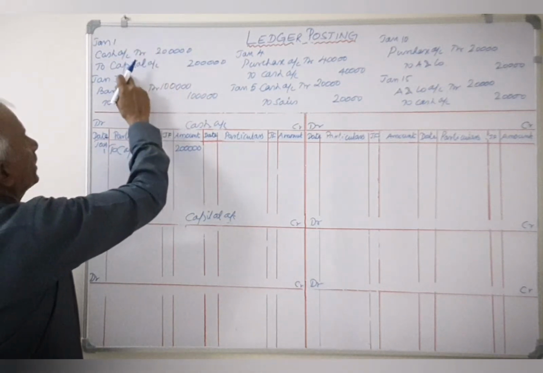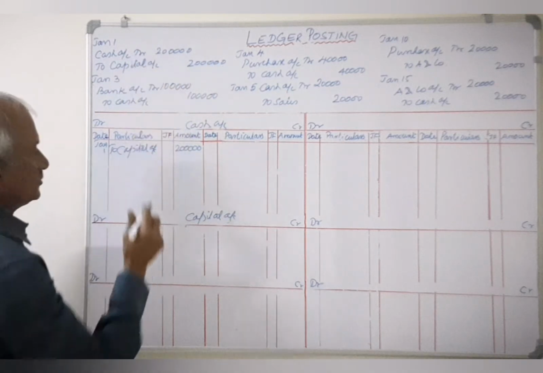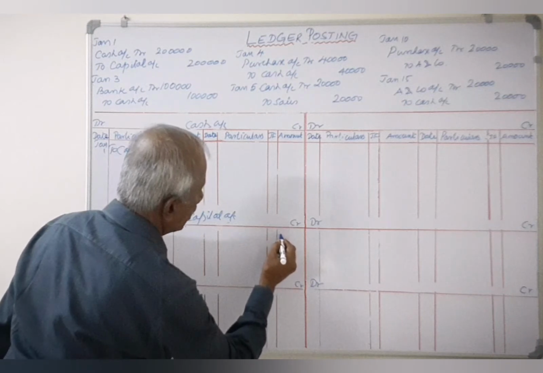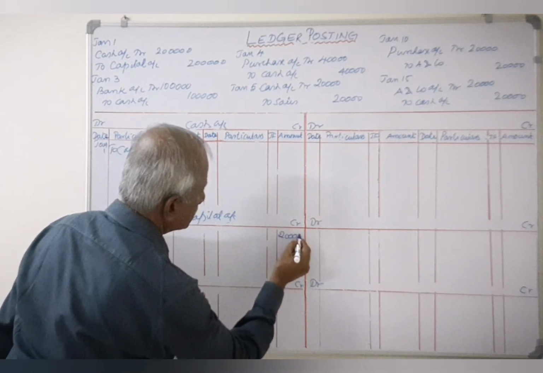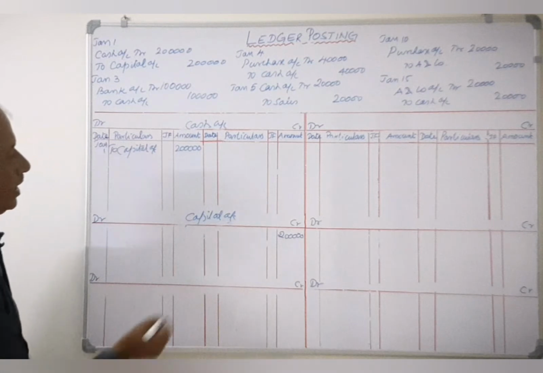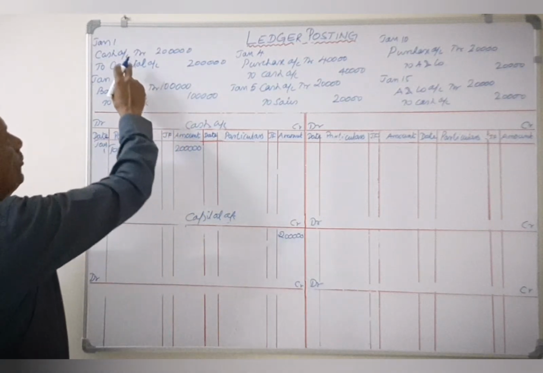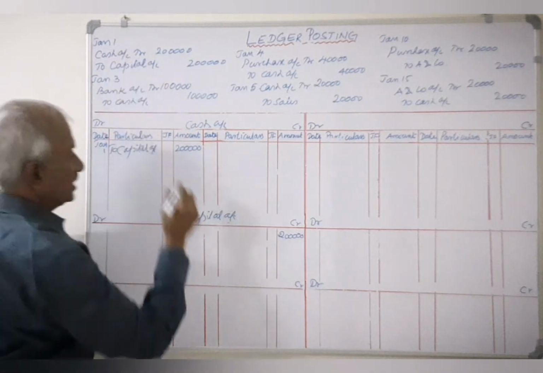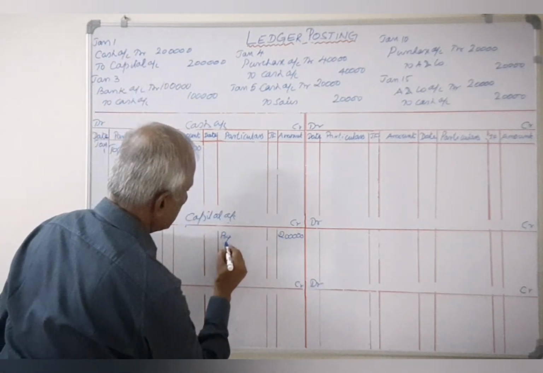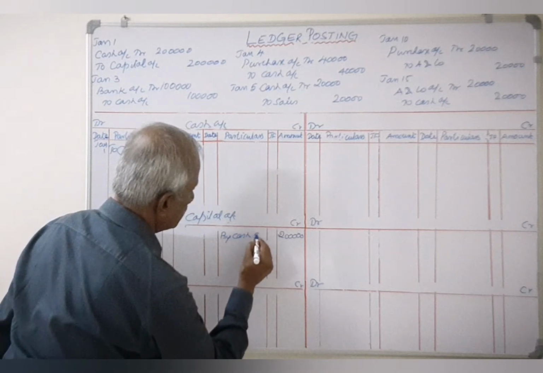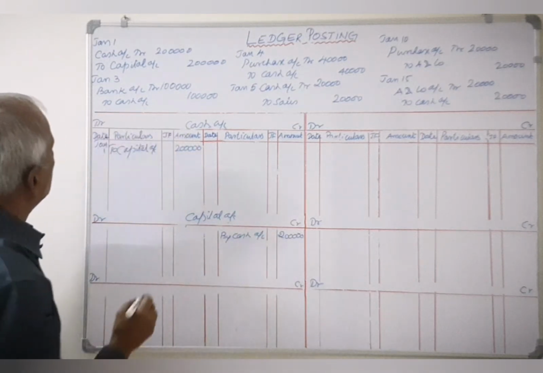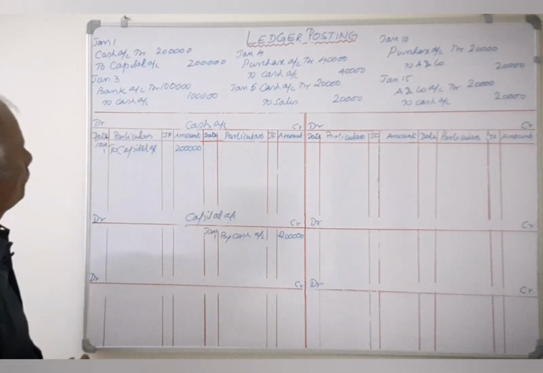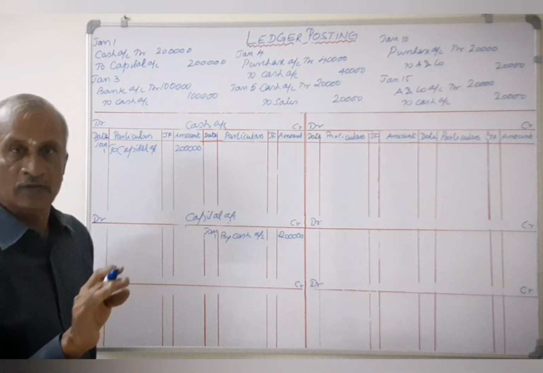On the credit side of the capital account, you have to record 2 lakhs. So this is capital account and this is credit side. This is amount column. Let us record 2 lakhs. And against it, you have to write the name of the account debited in the journal, that is cash account. So by cash account because it is credit side. Now write the date January 1st. So one journal has been posted.